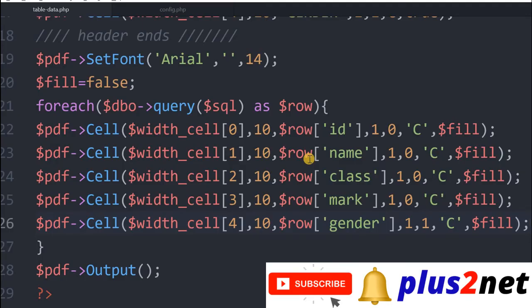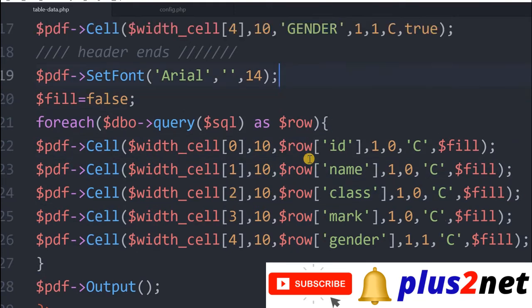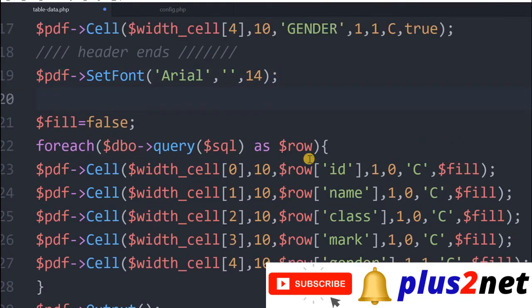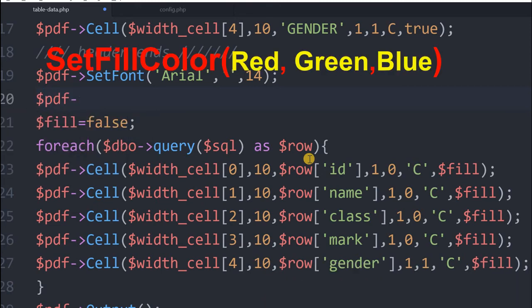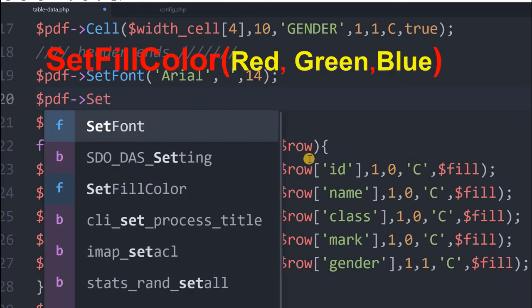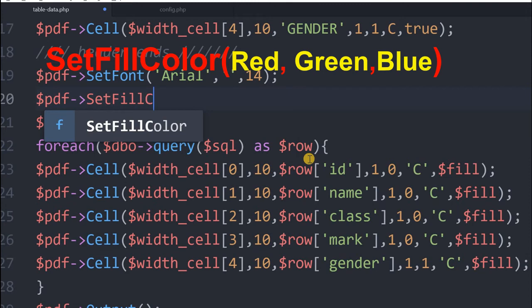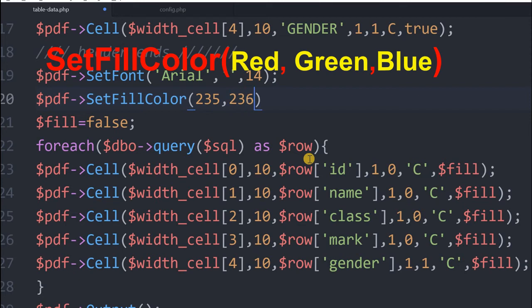Now let's come back and change one step here. Here I will declare one fill color, PDF set fill color. Now you can give any RGB value, you can give anything. I am just giving one sample RGB value.